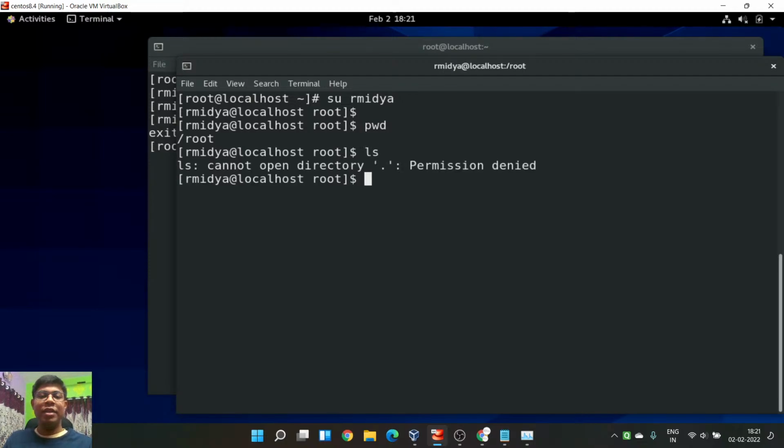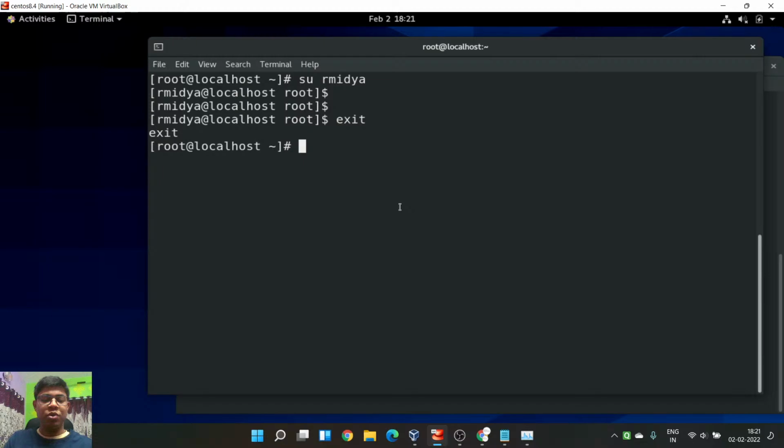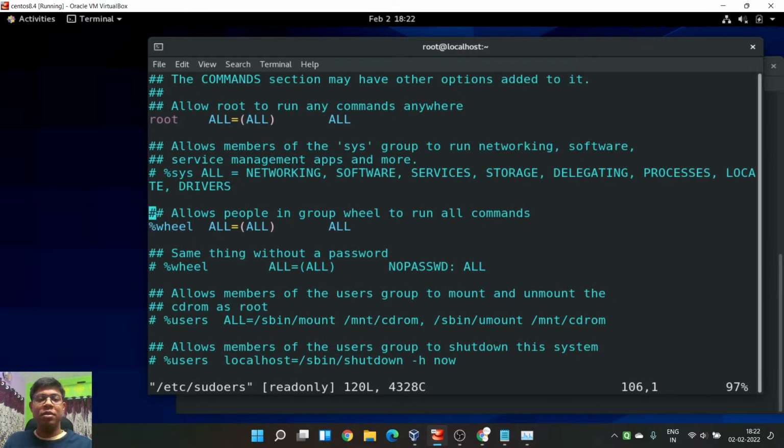If I try to do ls, you can see permission denied, because I cannot list the directory, since I don't have an entry in the sudoers file for this user. So let me quickly add a sudoers entry in /etc/sudoers.